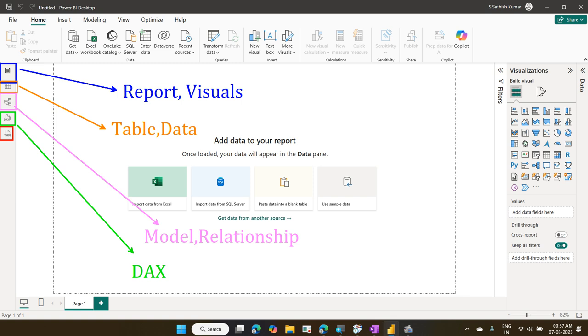Okay. So these are all the types of views available. First one is for creating a report. Second one is for seeing your table and data. Third one is for creating a model and relationships. Fourth one is DAX. And fifth one is TMDL. I will explain what TMDL is and DAX also. And